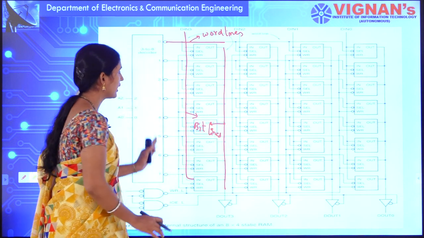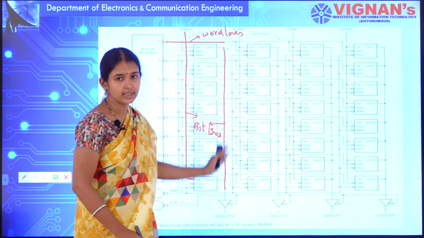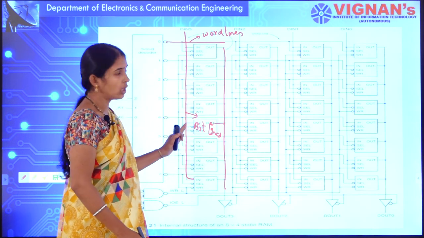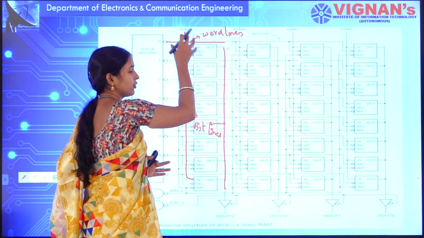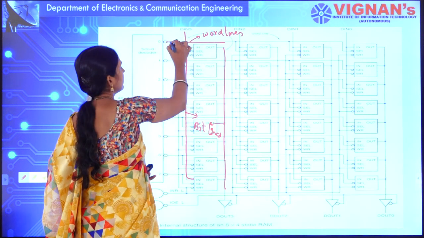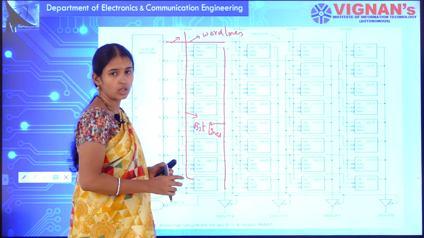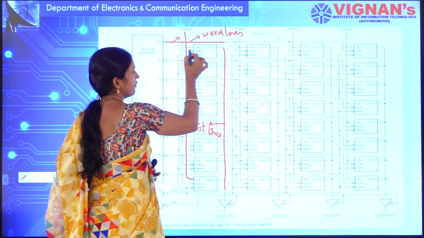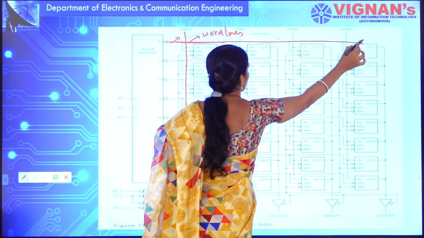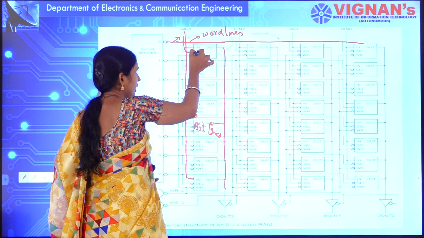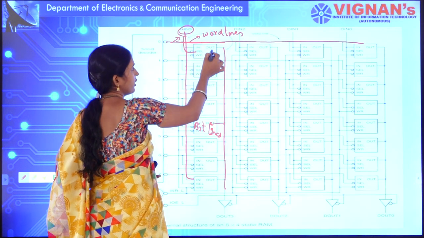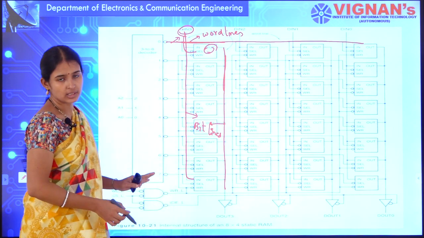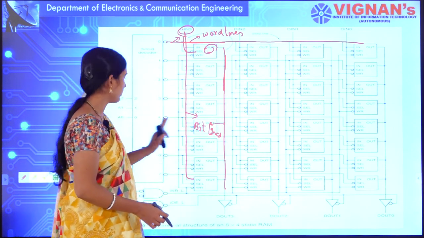So, if you want to write data into the cells, or read data out of the cells, you can do it by using bit lines. If you want to access a particular cell, that will be done with the help of the word line. If you want to access a whole word, all those cells are accessed with the help of word lines. Writing data and reading data from a particular cell are both done with the help of bit lines. These are the word lines and bit lines.